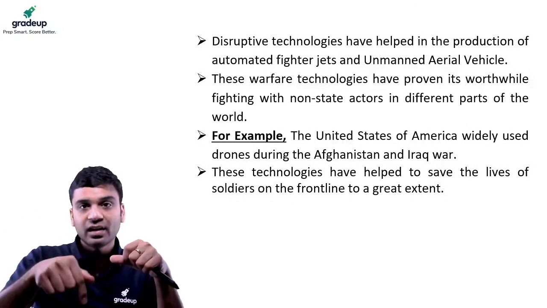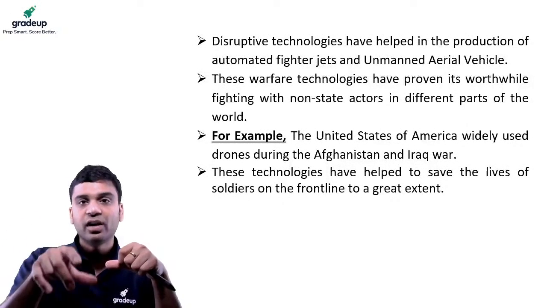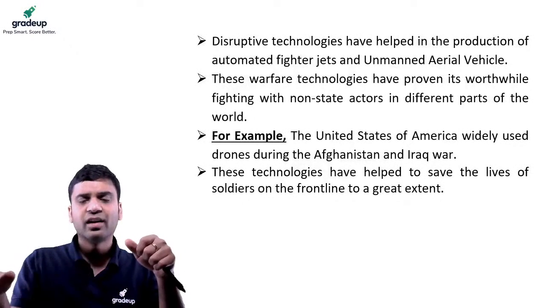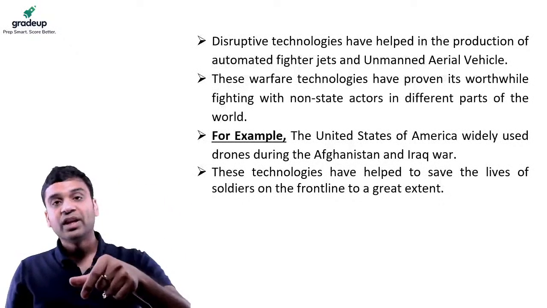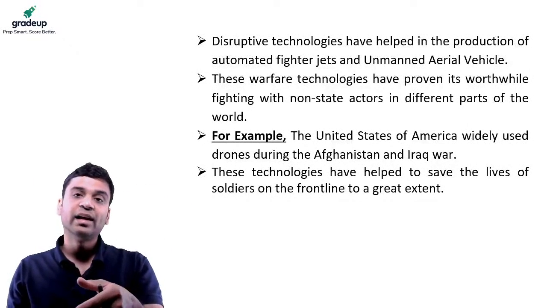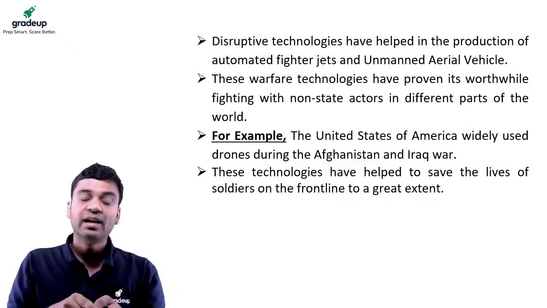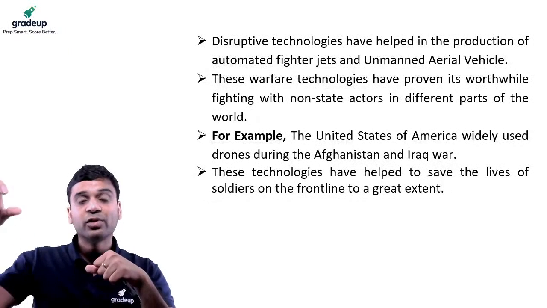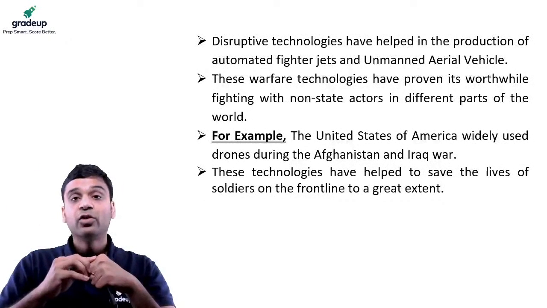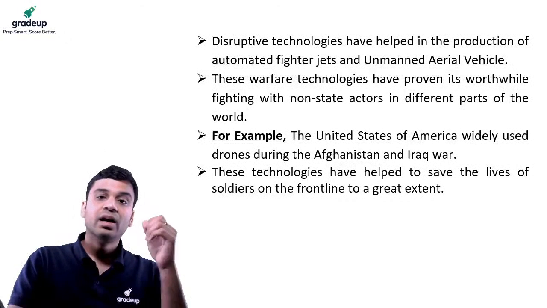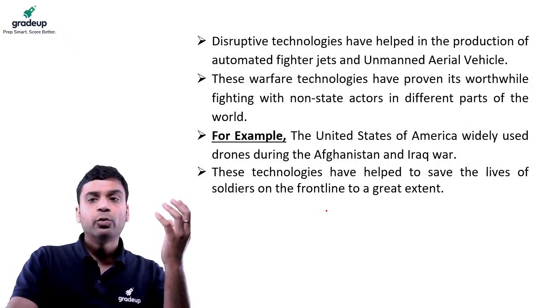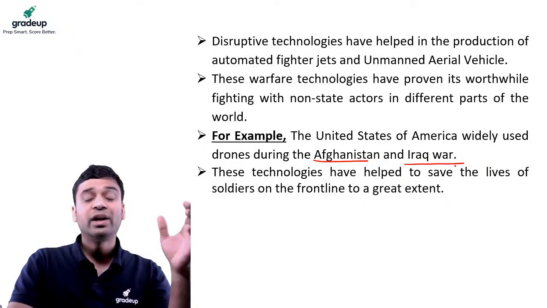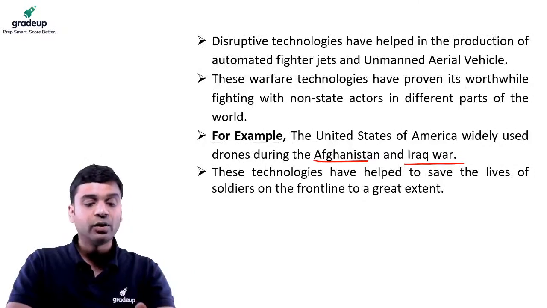And it had seen at a place in Abbottabad, at a house, a person walking in the night time. Okay, he was walking in circles. So based on his shadow length, they had found out his actual height, and they had got some hint that he could be Osama bin Laden. So all this was based on the drones, based on the unmanned aerial vehicles. Okay, so like that, and USA has already been using it in Afghanistan and the Iraq war. Okay, so it can save the lives of soldiers on the front line to a great extent.